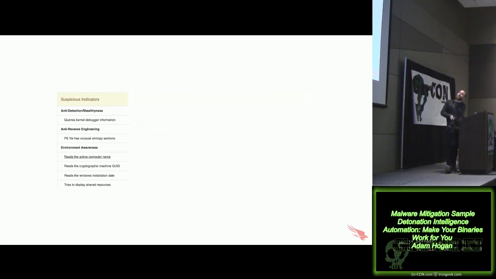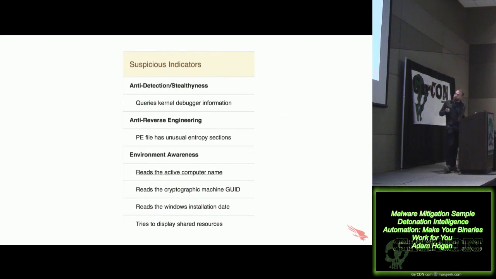So not necessarily malicious, but kind of interesting, something we want to take a closer look at. And in that, we should actually... There we go. We'll have a couple other things there, including that there's a lot of encrypted or packed stuff there. It has high entropy sections. That means the data appears to be nearly random. So it's either hiding something on purpose or it's encrypted or packed. We can see it reading the computer name and cryptographic GUID, the installation date and things. So it's actually profiling this machine, which is not something you see in commodity malware outside of botnets. Right? It's telling you the malware actually cares about where it's installed, or it wants to be able to keep track of where it's installed.